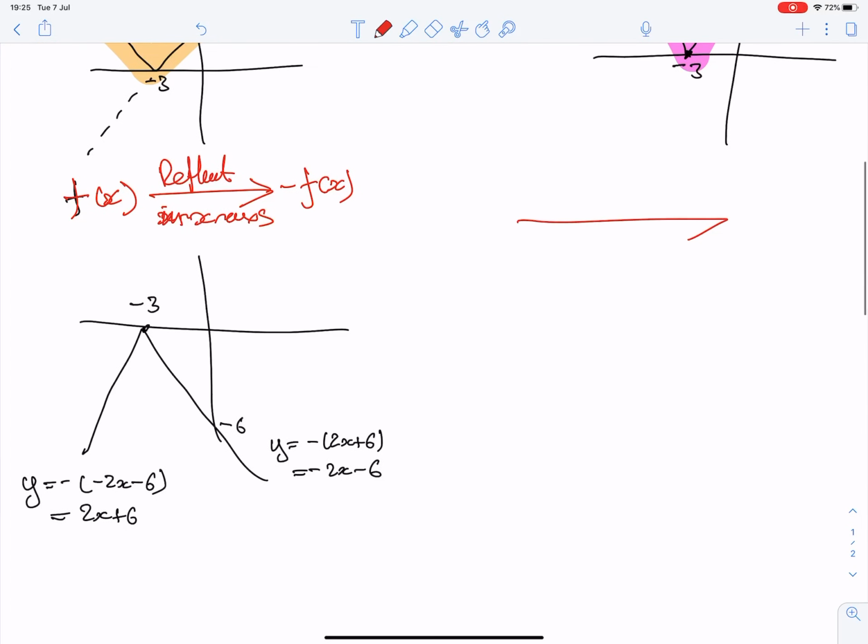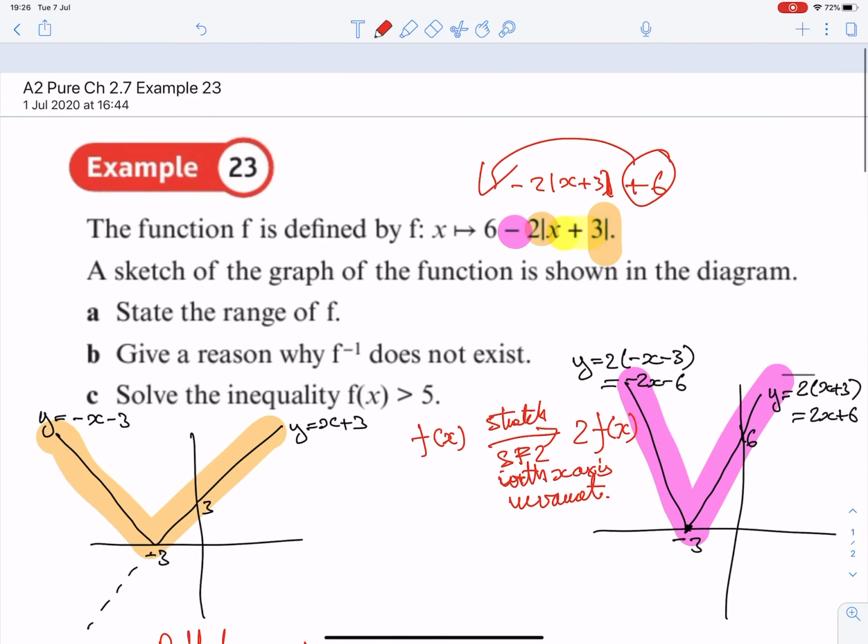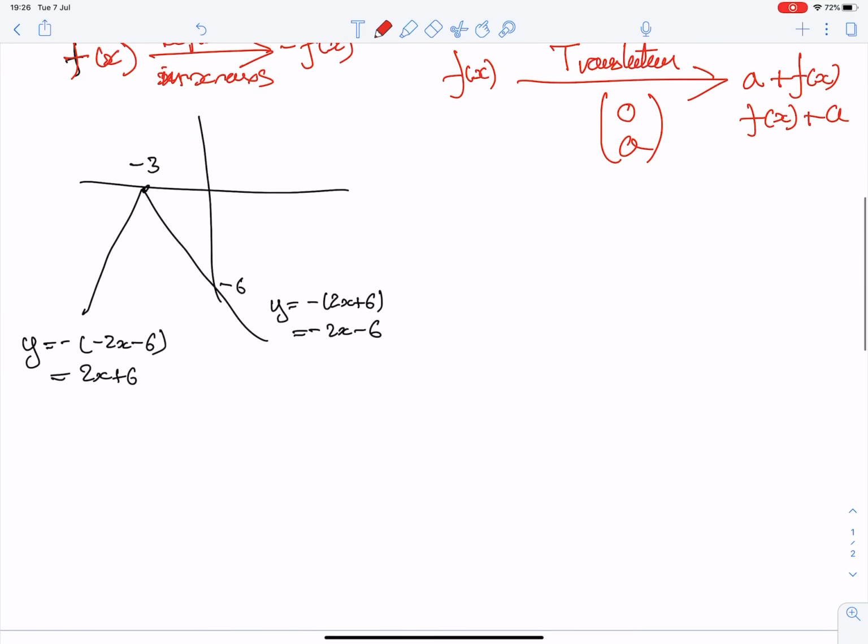So we should know f of x plus a, or a plus f of x, it doesn't matter, is a translation. It's outside the function, so it's moving it in the vertical direction by a, and 0 sideways. So we are adding on 6. So the key thing here, if we move each one of these points up 6,